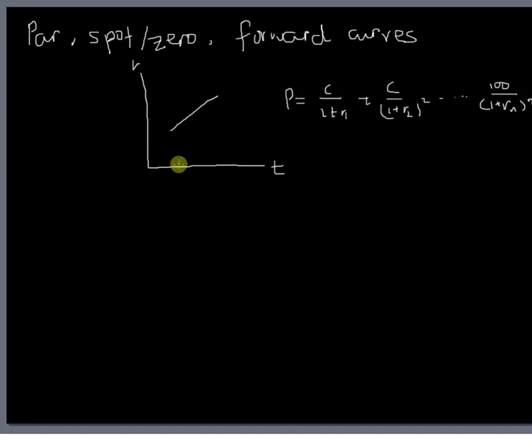So you can see this is period 1, period 2, and so on to period n. And the corresponding R is here, R1, R2, and so on. So this is what we call the spot rate curve, and it's being obtained through the series of treasury issues. Okay, I also mentioned that